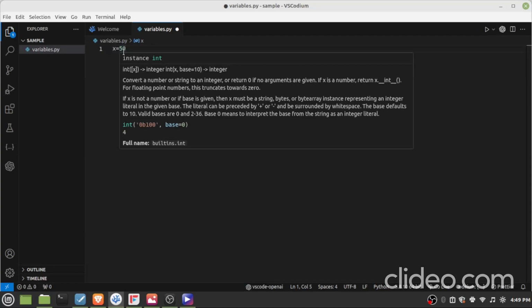Now, Python is actually kind of smart. Python has type inference. Basically, what that means is that when you create a variable with a certain data type, Python can actually pick up what type of variable this is. But just in case you're ever unsure what type of variable this is,